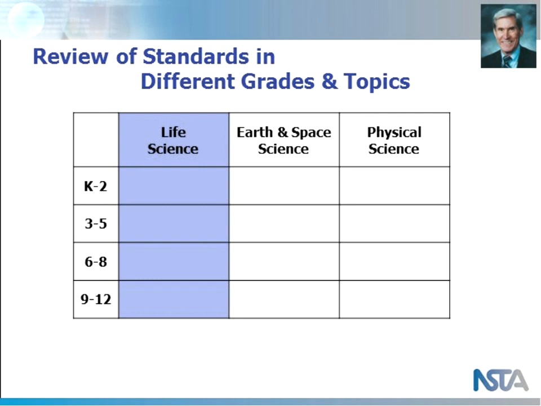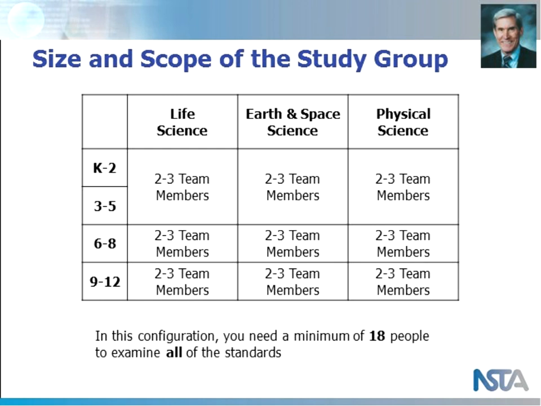There are 2 or 3 ways to think about your groups within your total group. One would be a life science team, or earth science, space science, or physical science. Another would be a grade span, and you see 4 possible grade spans here. Or even narrow the scope of any one particular group down to a set of core ideas, such as life science and a grade span.